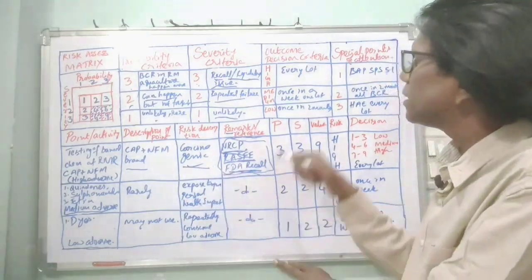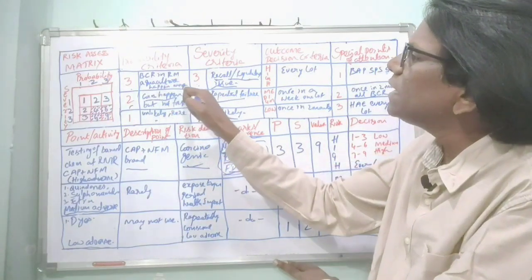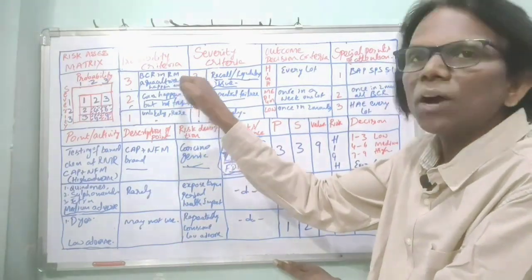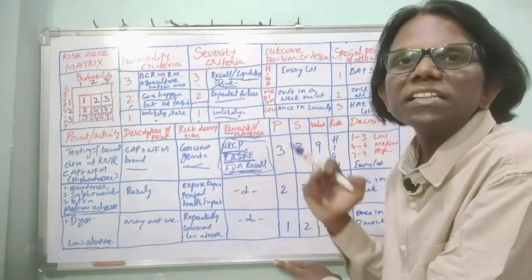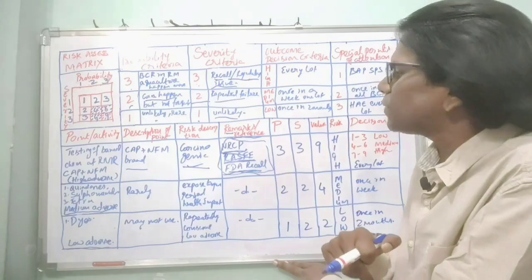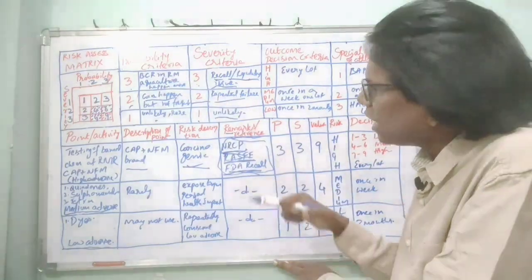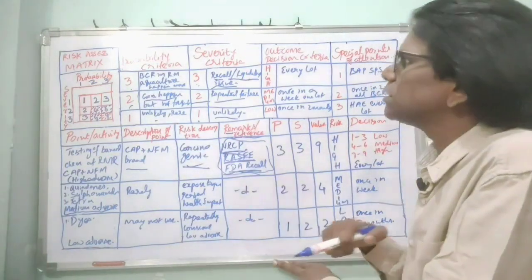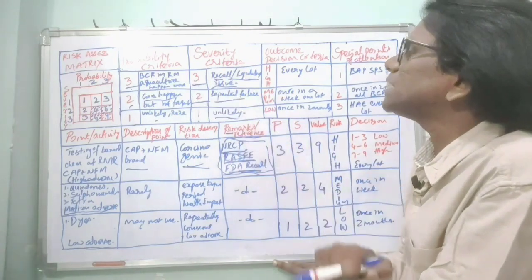It is carcinogenic, then the probability criteria is likely to detect in aquaculture shrimps more or frequent. Yes, because NRCP is also stating the same thing, and RASFF also, most of the recalls are from chloramphenicol and nitrofuran metabolites, whereas FDA recalls also are mostly nitrofuran metabolites. So probability criteria is 3, and severity criteria,